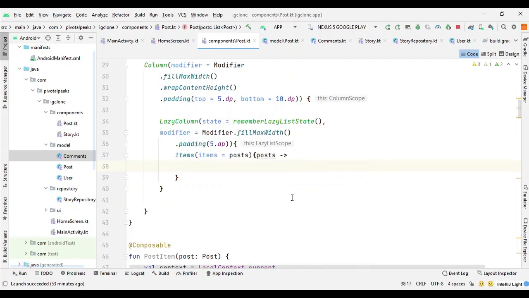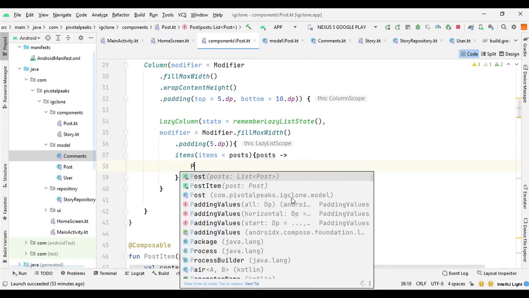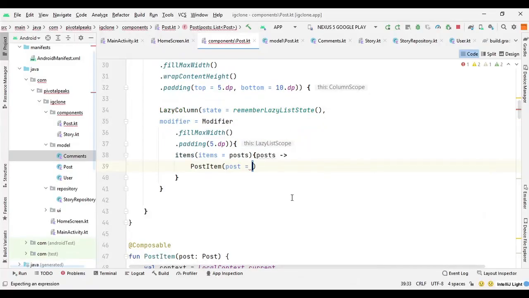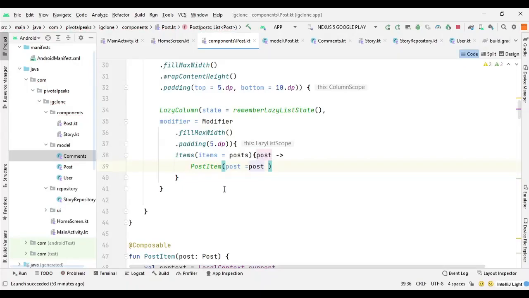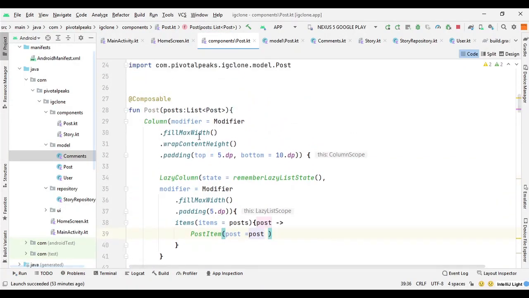Then we can pass this PostItem function, and for post we need to make it a single item. So post equals post, and that's it for the post component.